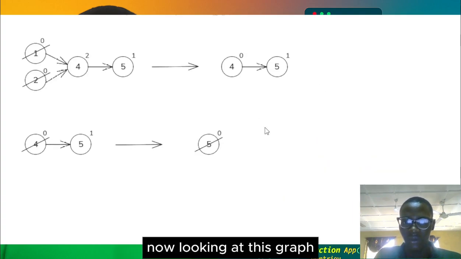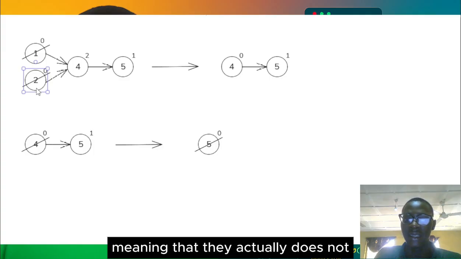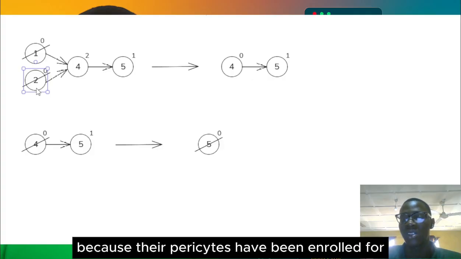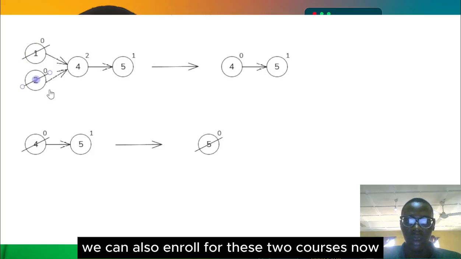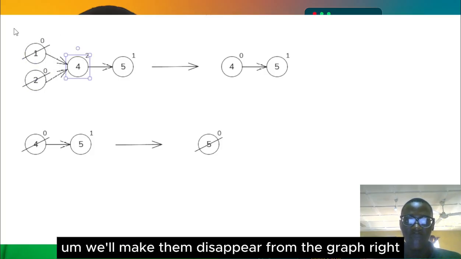Now looking at this graph, one thing we can observe is that even course 1 and course 2 now have 0 in degree, meaning that they do not have any edge pointing at them. They have no prerequisites anymore because their prerequisites have been enrolled for. So meaning that we can also do them. We can also enroll for these two courses now, and enrolling for them will make them disappear from the